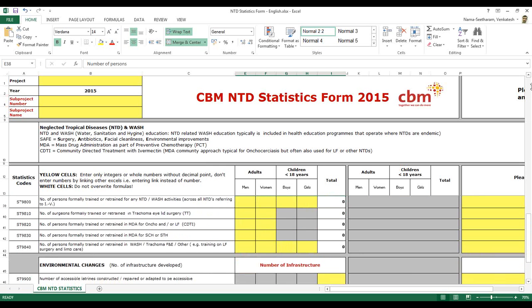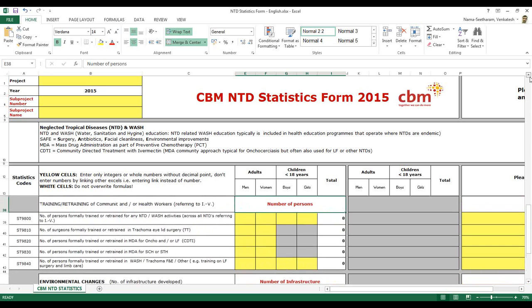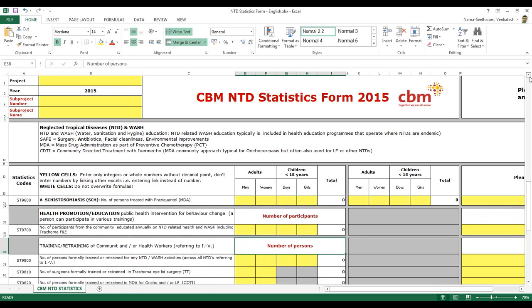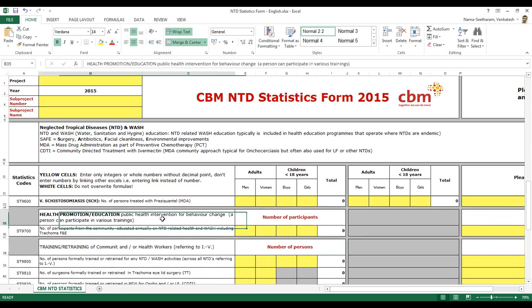Wait, sorry to jump in. Could you please scroll up again to the promotion? What type of activities does this entail?